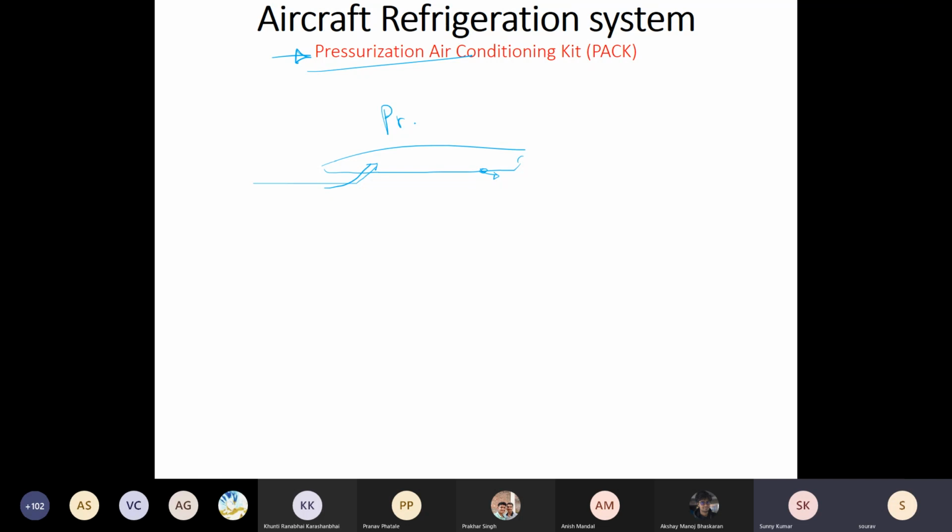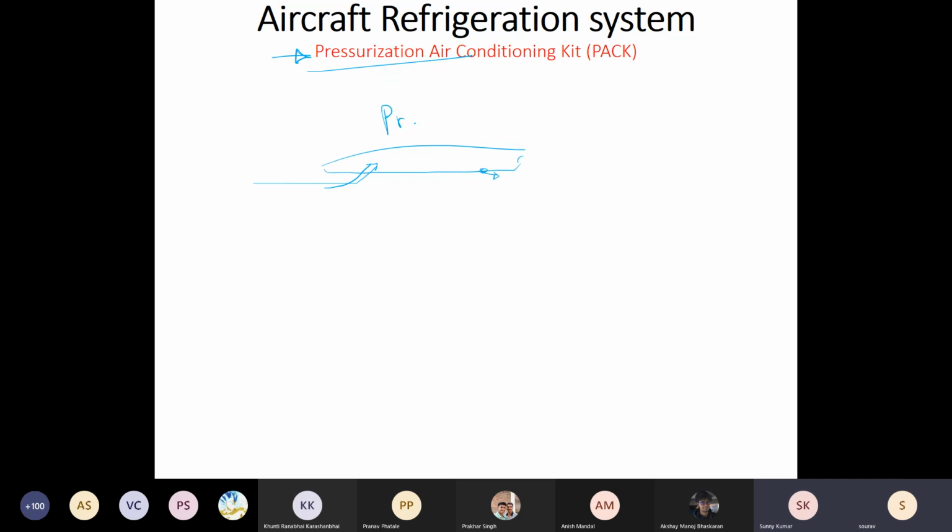If we continuously just pressurize the cabin without releasing the air, then it becomes a balloon which can burst. So it is continuously being pressurized and it gets depressurized. Of course, there are leaks in the doors and everything, so there are certain leaks there also. But there is a relief valve at the backside of the plane near the tail,